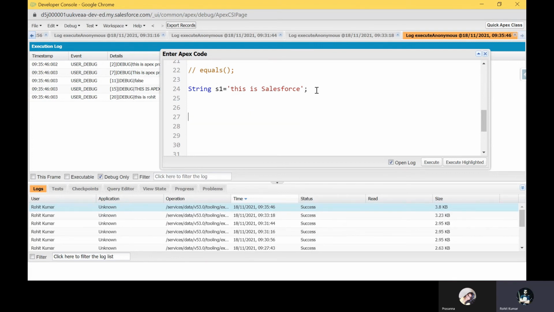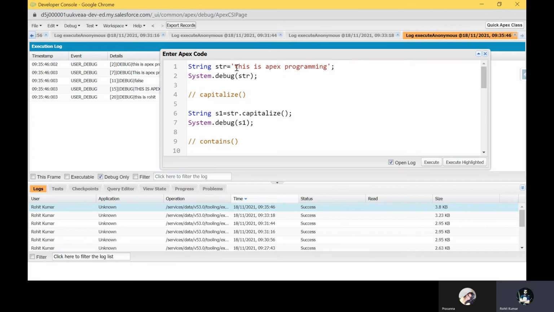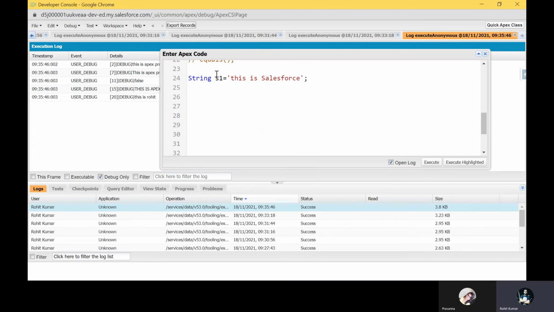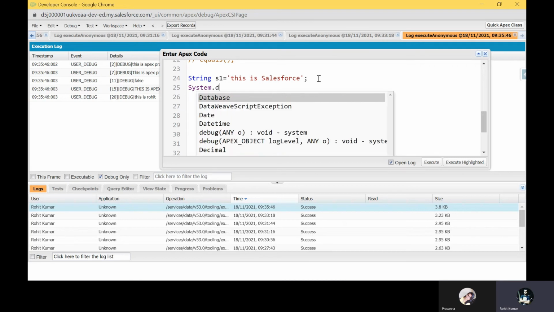So how to use equals? Here you can see this is Apex programming in str, and in s1 you can see this is Salesforce. Okay, so how to use the equals method? System.debug.